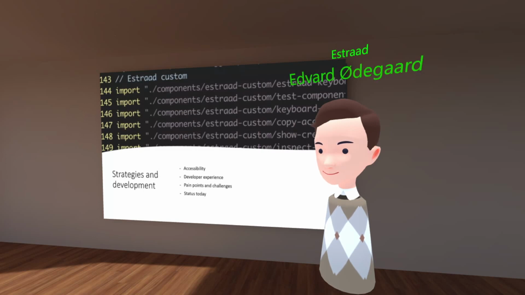And it's the same thing with role management. We only have admin or not. As you can see above my head, it probably says Estraad or something. That's also something we added. Extending the backend is not something I've delved into.